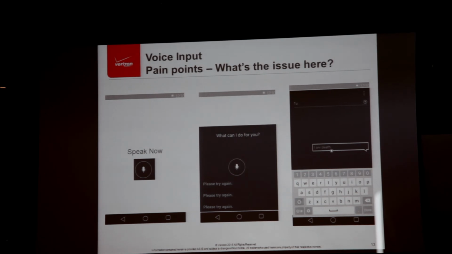What can I do for you? I need help. Please try again. And it just goes around and around. You know why? Because the system is actually saying, please try again. It's reading the screen, right? But then the speech recognizer doesn't know what the screen reader's doing, and it's thinking the person's saying, please try again.